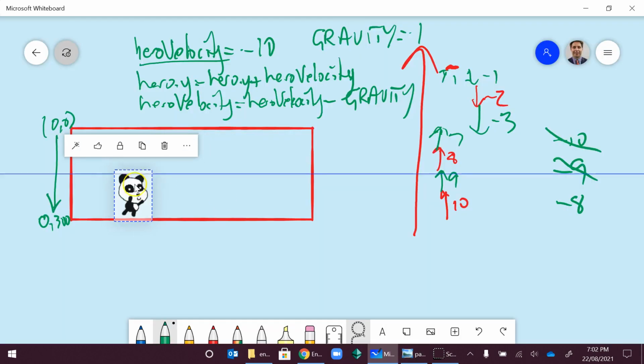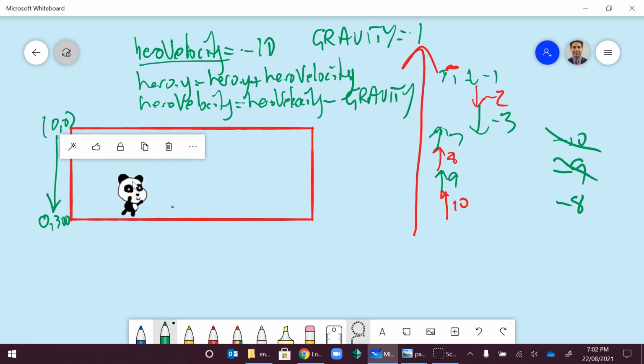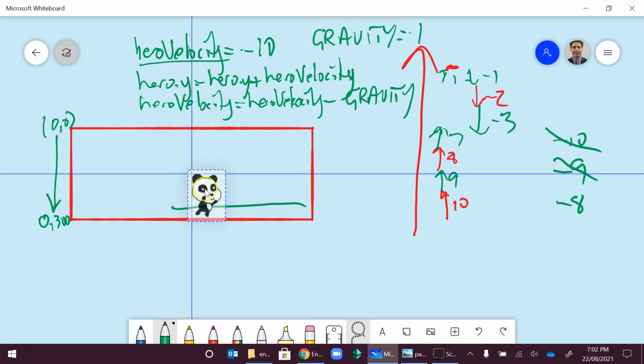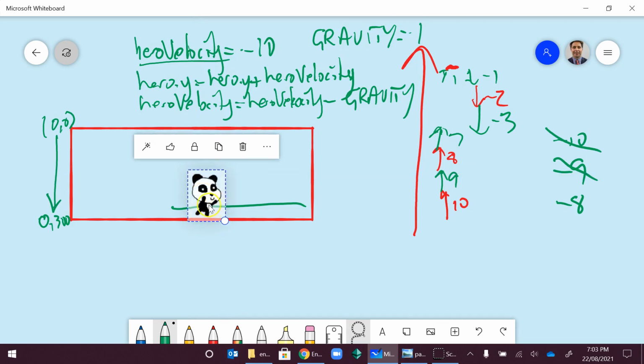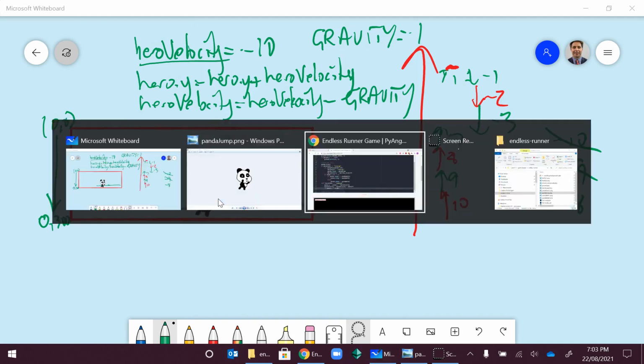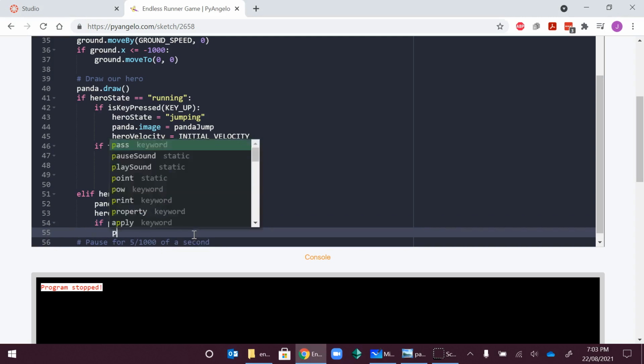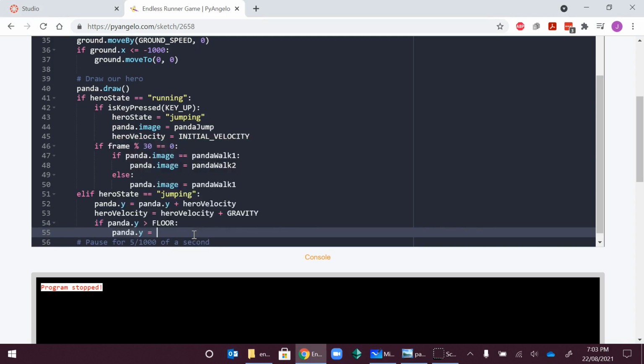If our floor was here at 170, then if the panda comes down past that floor, remember, because gravity is making him move faster and faster, he might not exactly equal 170, but he might move past it. If that happens, then I actually want to move him back up to be exactly on the floor. So if my panda passes the floor, then I say panda.y equals the floor,